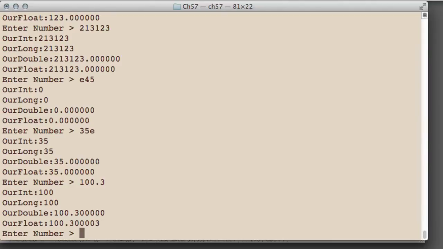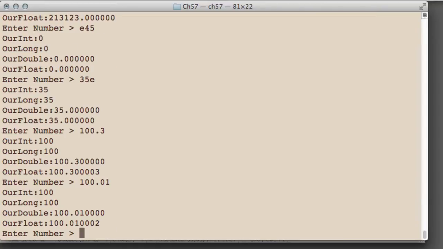We have from our integer 100, our long 100, our double 100.3, but you'll see that our float has 100.30003, and you might be wondering why that's happening. Let me put 100.01 in, and now you see that we've got 100.01002 in this way. And in fact, if I put in something like 30.01, we now get